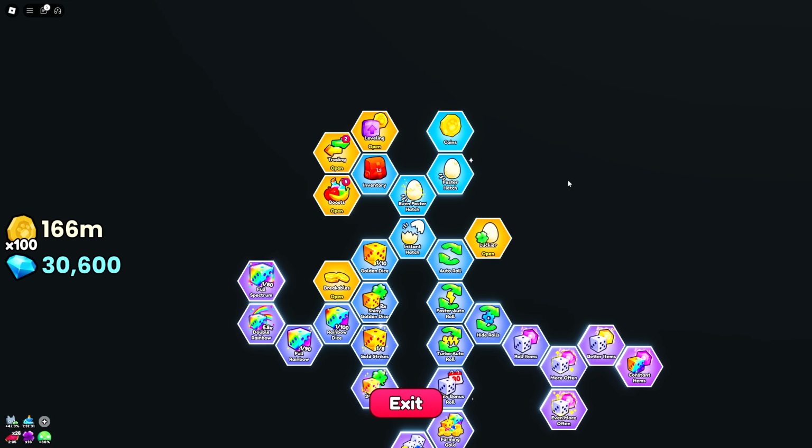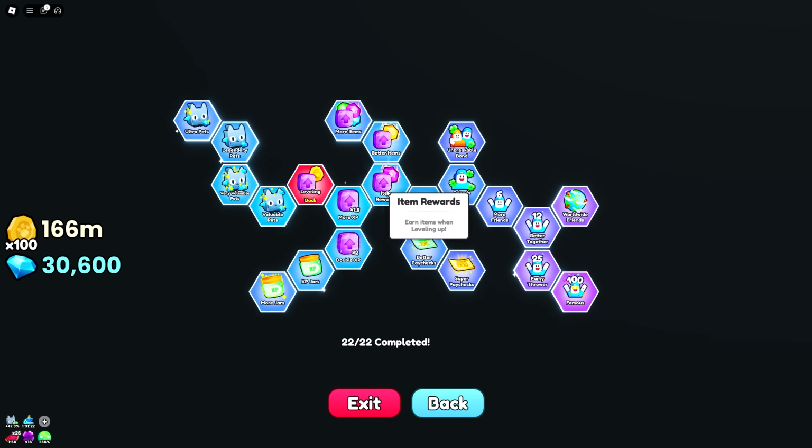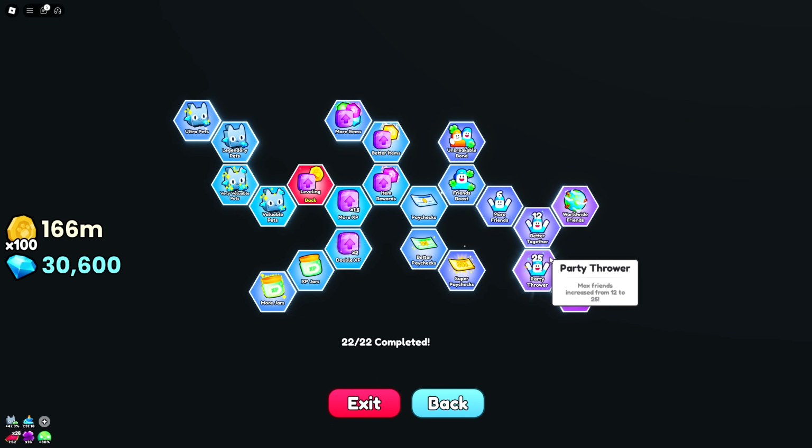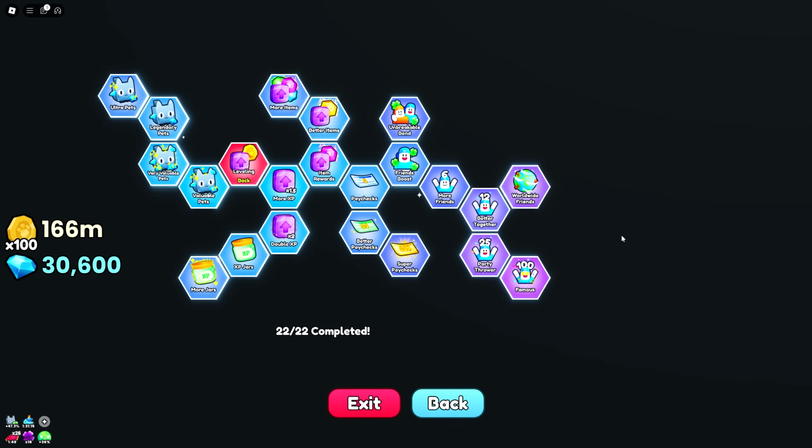And actually, before we leave the talent tree, there is one other one that I want to show you guys being under leveling over here. If you make your way over to the right side of the tree, there is a section where it's all about friend boost. Specifically, the one that I want to point out is the worldwide friends. This one includes any friends playing, even if they aren't in your server, and you get a multiplier. Also extremely